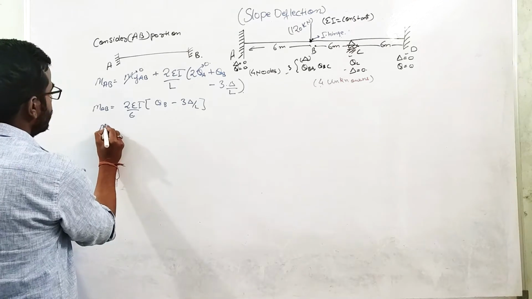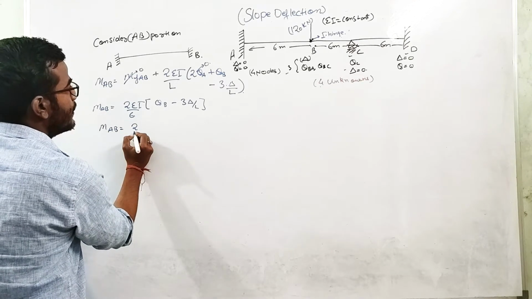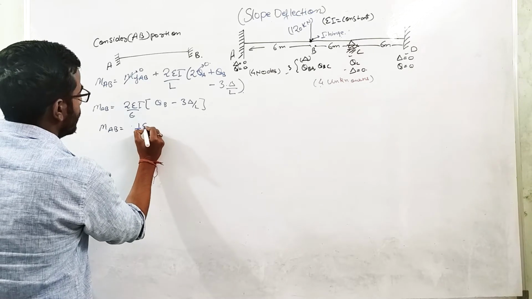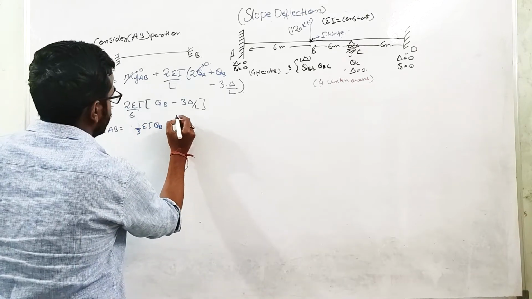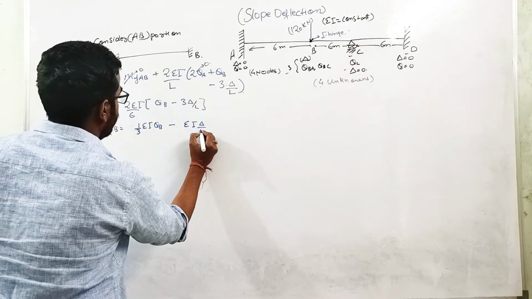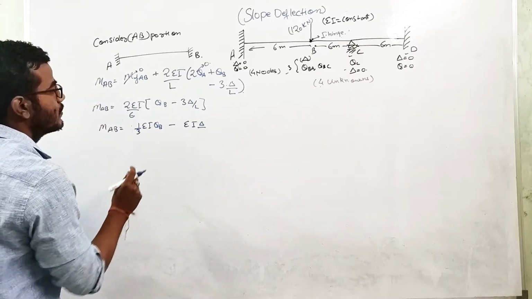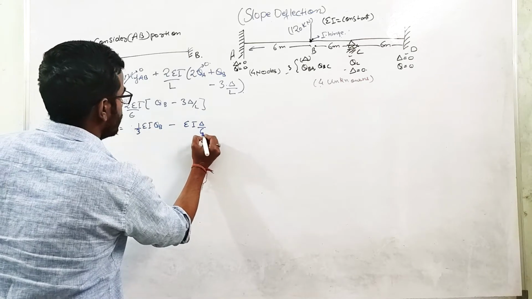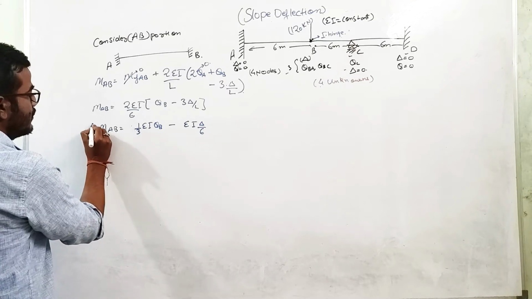So if I solve this value, I can write MAB equals 1 by 3 EI theta B minus EI delta by, what you can say, this L value is basically 6, so 1 by 2, this will be 6. Okay, so this is the first equation